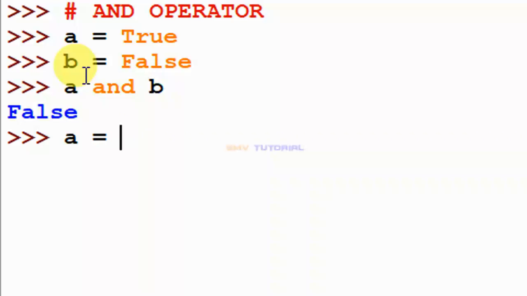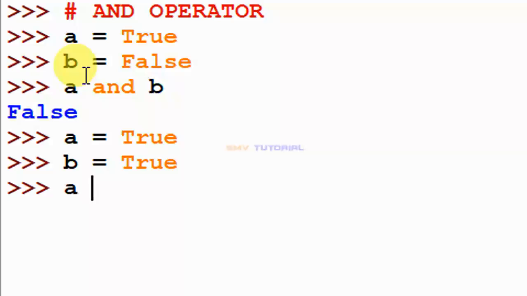A is True and B is True, and I check A and B. I hit enter. It shows True. Why? Because both of these values are true, so this condition is satisfied and the result is True.